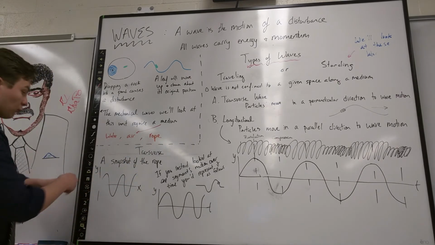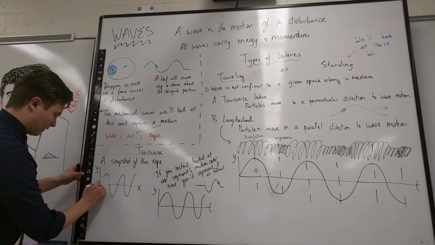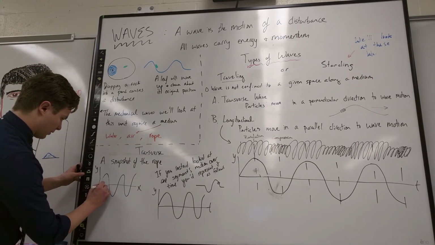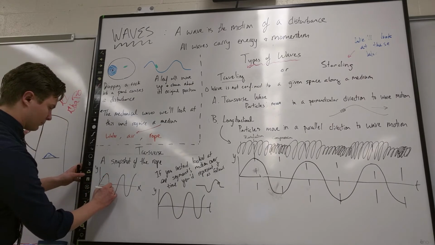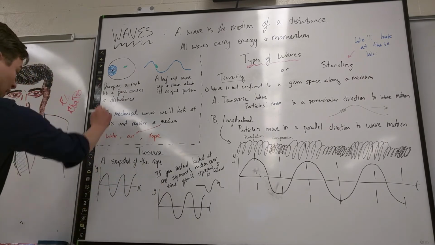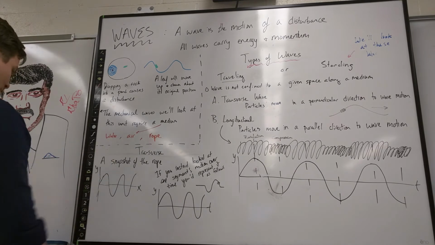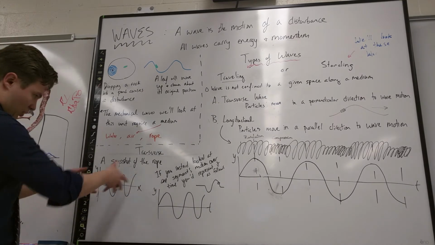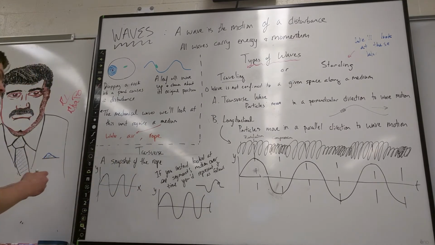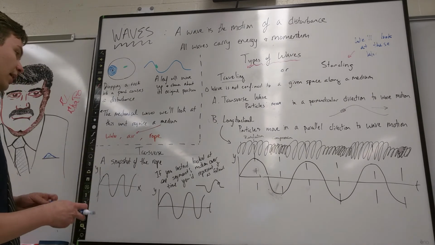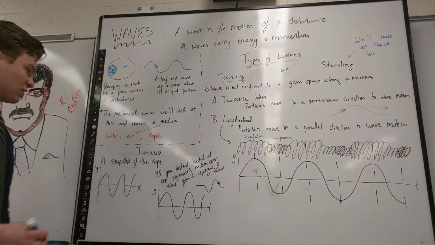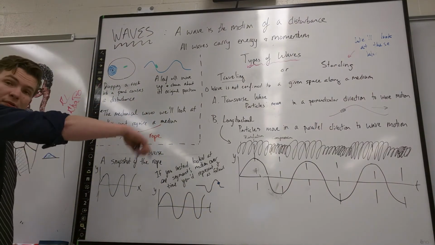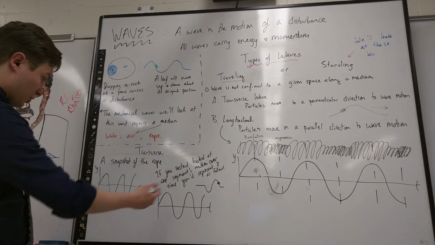If I take a snapshot of a transverse wave, so think the rope again, at a specific point in time, my rope might look something like that. My graph got messed up. Where this is the x direction, that's the y direction, quick snapshot, nothing surprising there. But if instead I looked at one particular segment of rope over time, and saw what it did, well, we've already said that it only will move up and down, so this should be